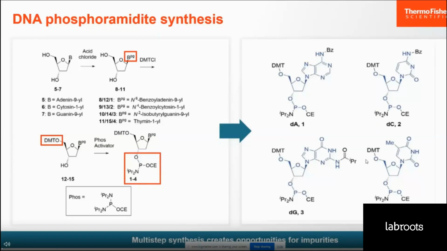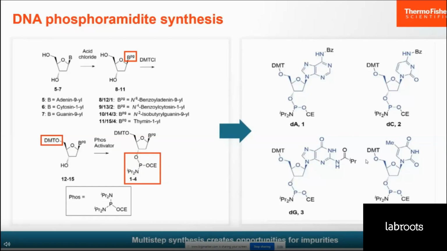So if we start up in the top left, we have the bases A, C, or G, and then we add base protection to the free amine. So for A and C, we'll add benzoyl, or in the case of G, isobutyryl group as the protecting group. So this is the first major place in which impurities can be introduced. And the main mitigation step here is to use high quality protecting group reagents or purification at this step if needed. Thymidine does not have a free amine, so therefore we skip this step and move on to the next step,